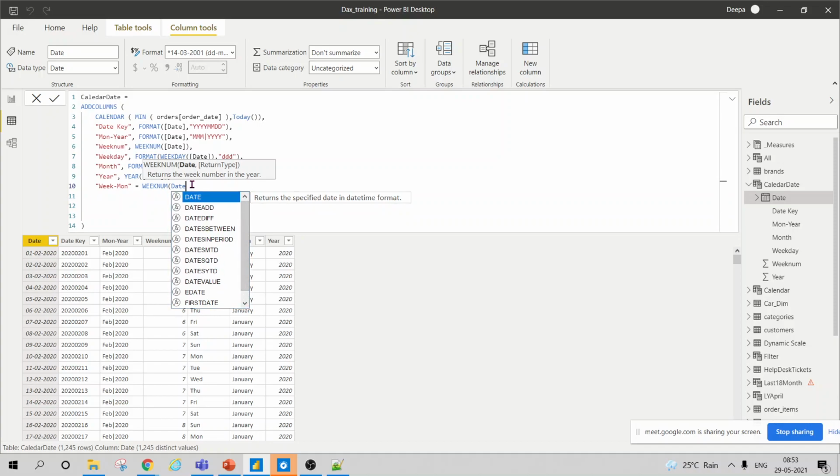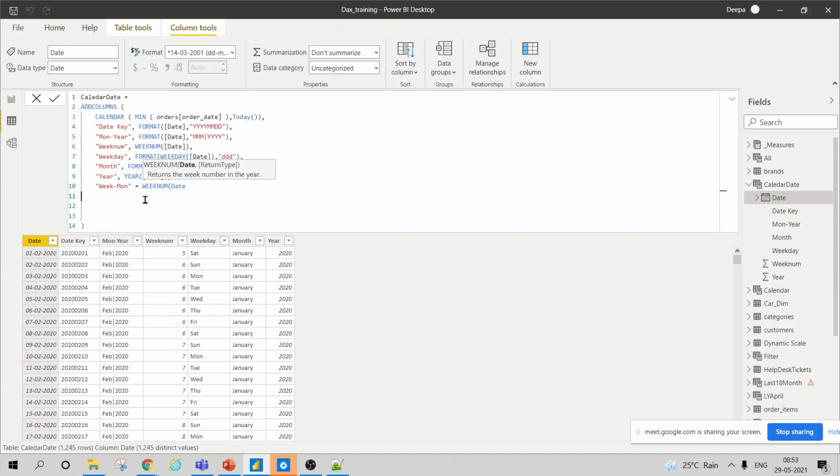Power BI is misbehaving. Ideally, it should show me the date. We have just used this function and it is not showing here. Not sure what could be the error. Here it's name, after that it is asking for a name.